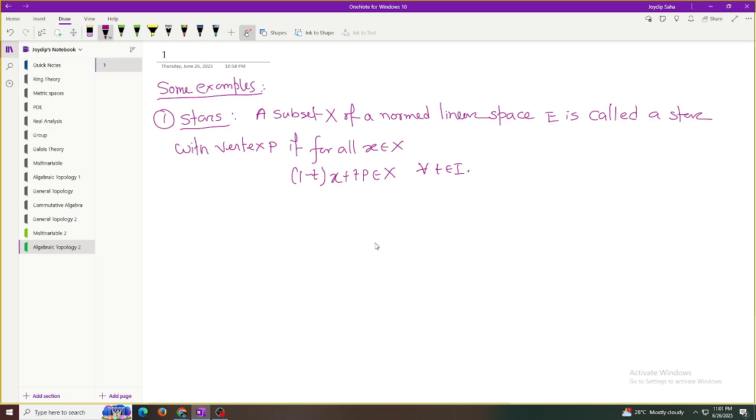Okay, define. আপনি কন্ট্রাক্টিবল স্পেসের এক্সাম্পল করছেন তো? ঠিক আছে।